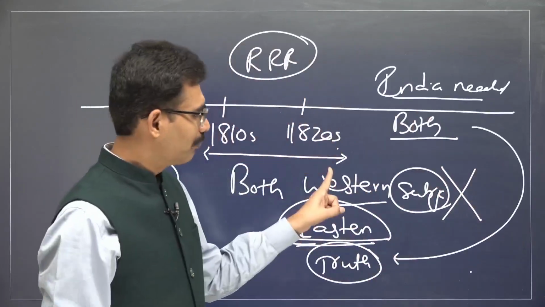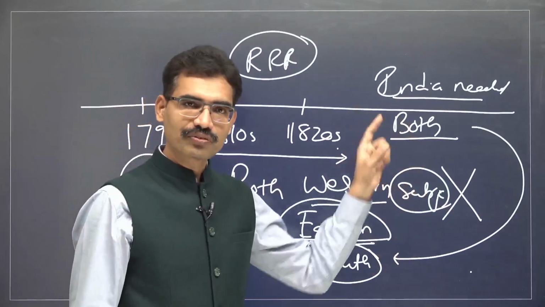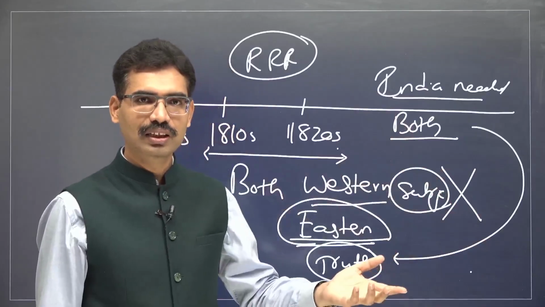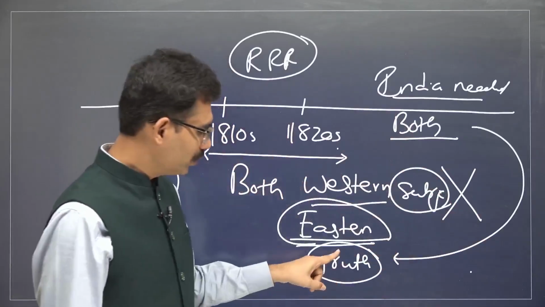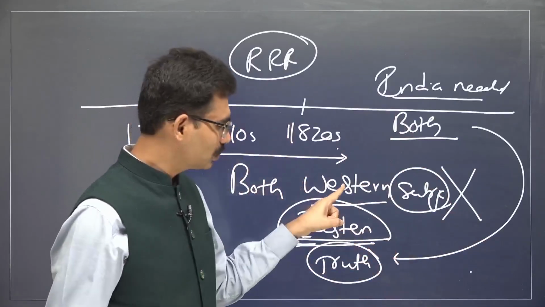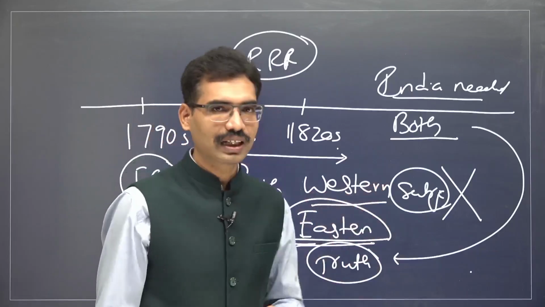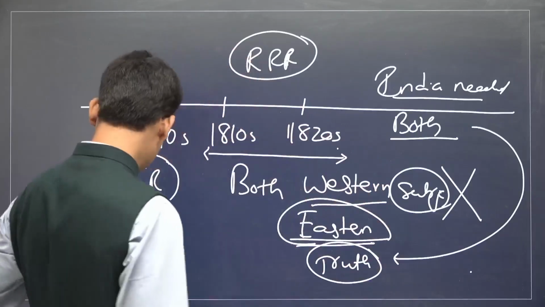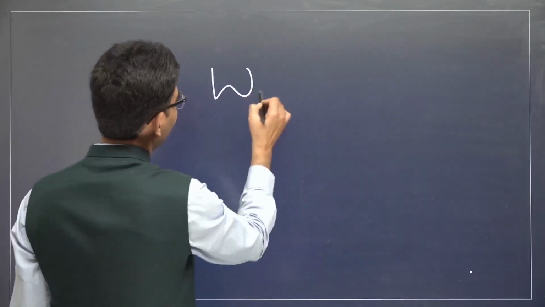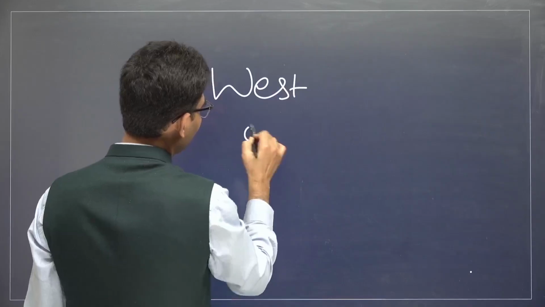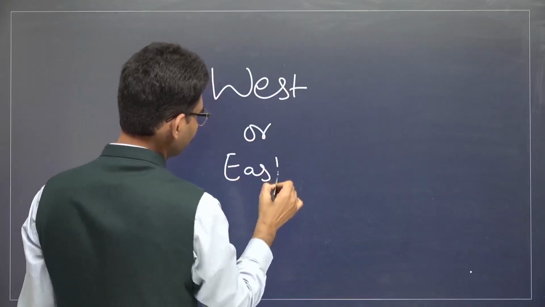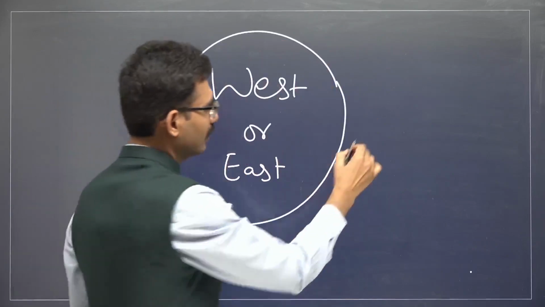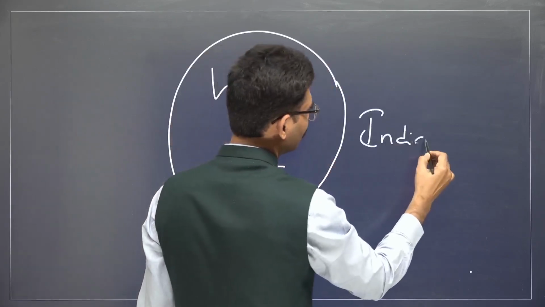But social and religious reformation should take place. India should remove the social evils. That can happen only by understanding the true context of both Western subjects and Eastern subjects. So when it comes to socio-religious reformers, they are not debating whether the West is great or the East is great. They are saying India needed both.